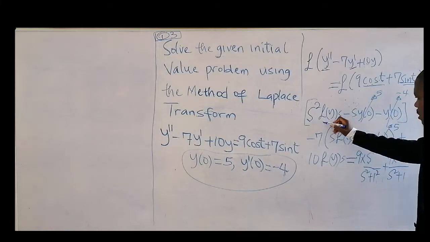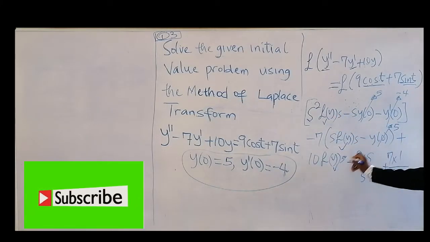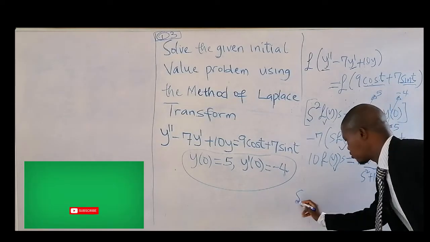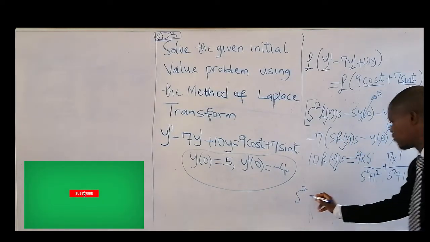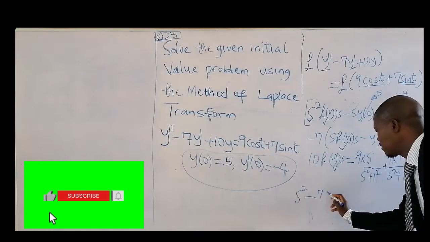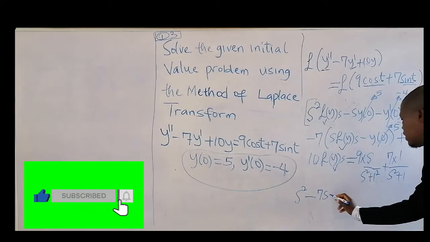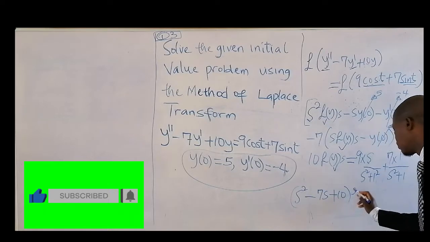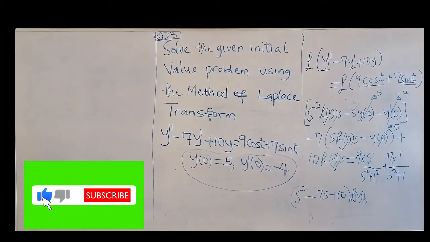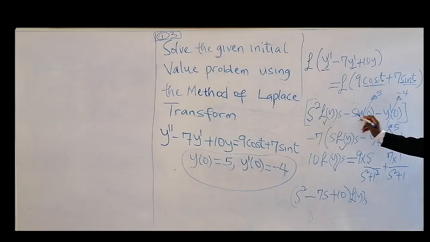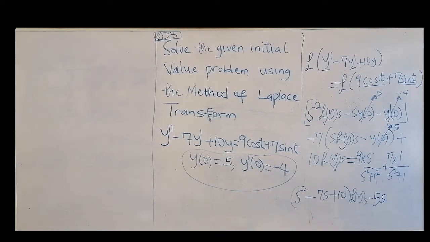Then we can factorize this. The Laplace is here, the Laplace is here, the Laplace is here. So we have s squared minus 7 times this, that's 7s, then plus 10 Laplace of y. Then here we have 5 times this, minus 5s. Then this is minus 4 times minus, that's plus 4. And here we have minus 7 times 5, that's a plus 35,